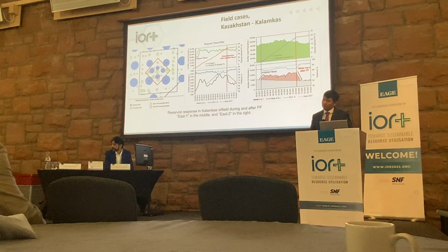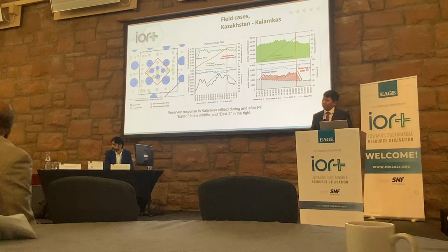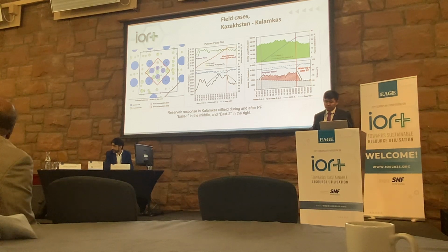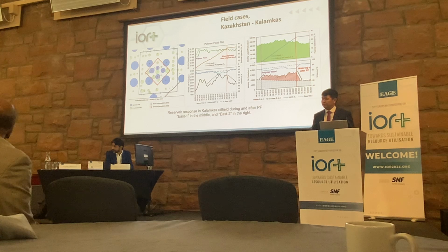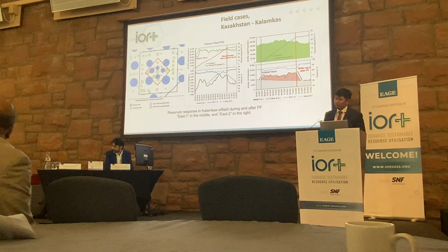The question is when. So it's about flexibility, and what it shows also is 30% more volume, 50% more volume, 60% more volume. It doesn't make sense, because it has a huge impact on selecting the polymer. If you're offshore, for instance, and you say, when I switch to water, the water will push my polymer, so I choose a very expensive polymer so it will keep pushing when I push with water, it doesn't make sense. What you need behind the polymer is not residence time, it's injection duration. If you overkill the design, if you choose a polymer